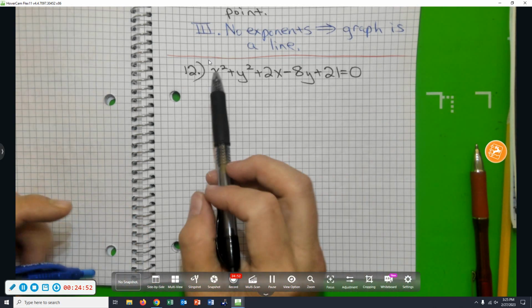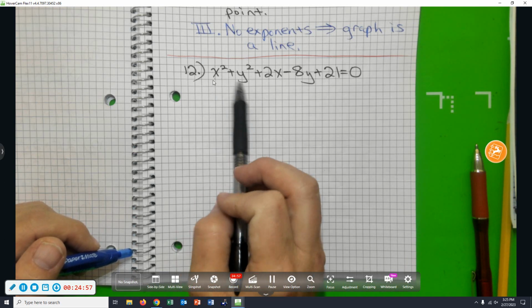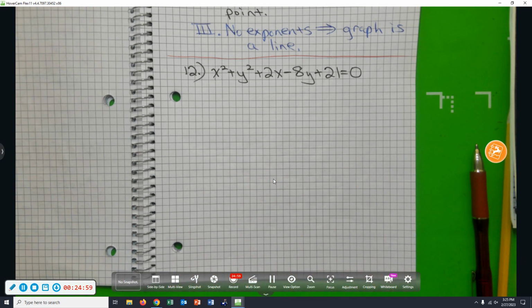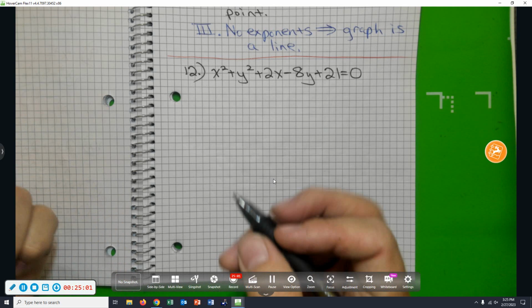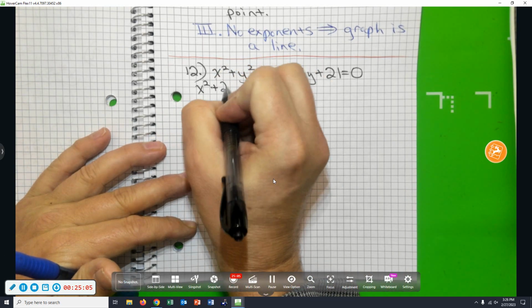Nothing to divide through, Bob. Notice the coefficients for x squared and y squared are already just positive 1, so we don't have to divide by anything. We'll group the x terms, x squared plus 2x,